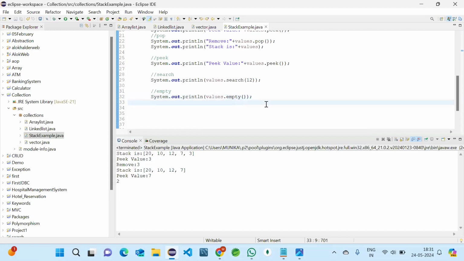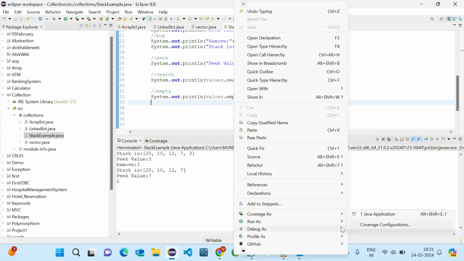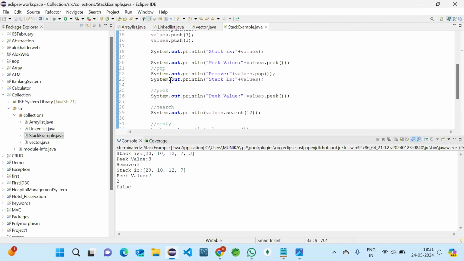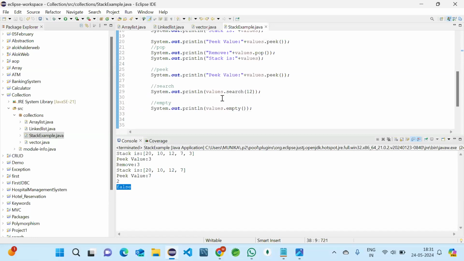What is the output you are expecting from this empty? It is true or false. As the stack is not empty, it is showing false. If the stack is empty, it will show true here. So got it? Everything clear till now?